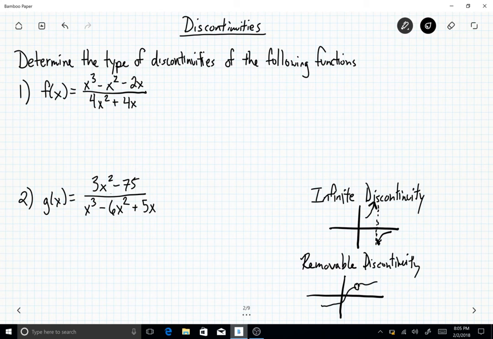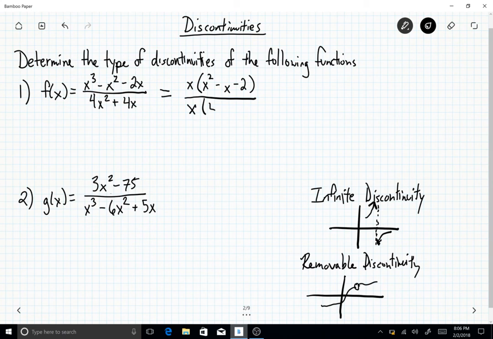The first thing that you should always do if you're seeing what type of discontinuity it is, is to factor completely what you have for your rational function. So I'm going to do that, and we're going to discuss what happens. In our first case, notice you can factor out an x pretty easily in the numerator, so you're left with x squared minus x minus 2. And in the denominator, you can actually factor out a 4x, to be honest with you. That'll make our life a little bit easier. And then we're left with just an x